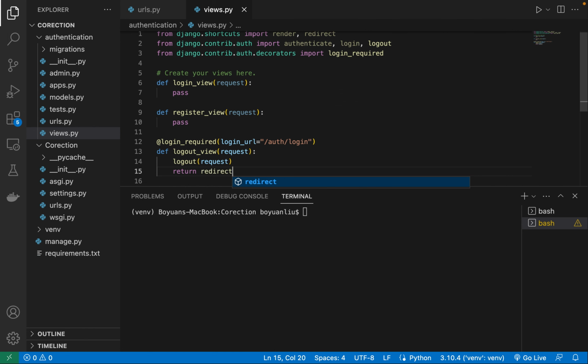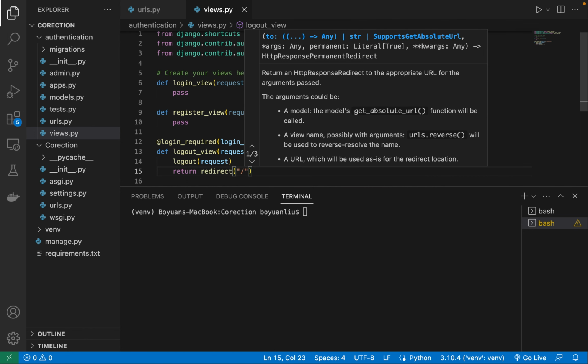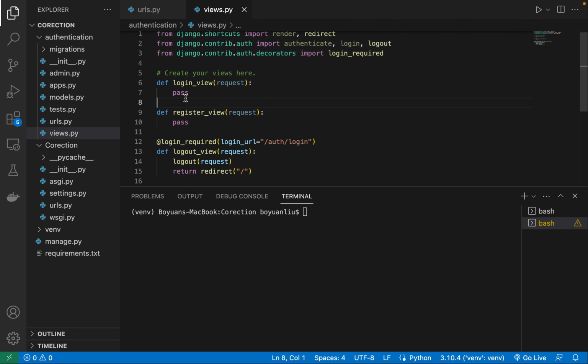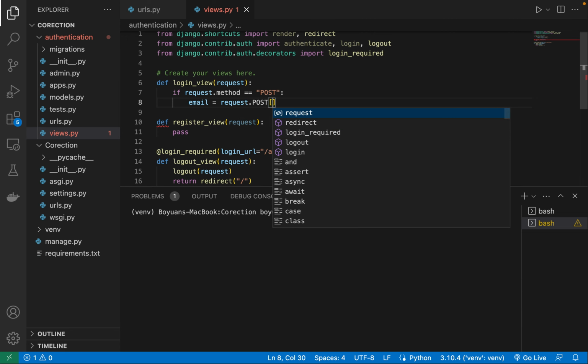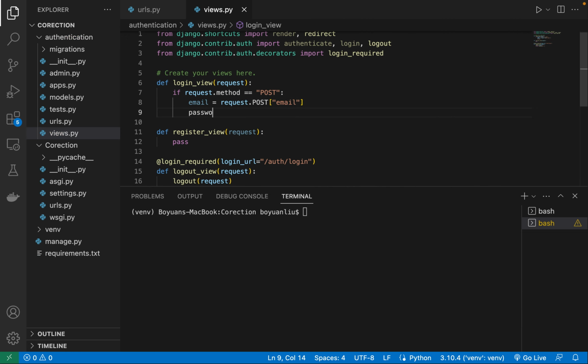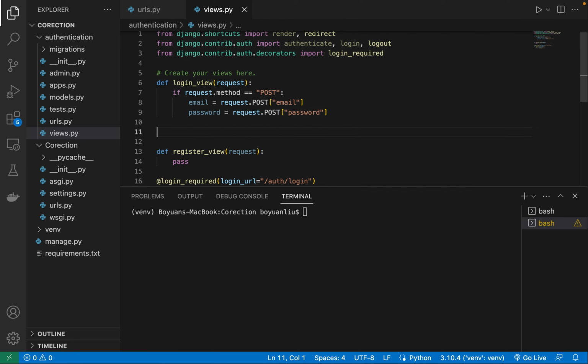So for logout, it's gonna be simplest. Just gonna log them out and render them back to the home page. And for login view, we're going to say if request.method is POST, I'm gonna say email, password, and then we're gonna say